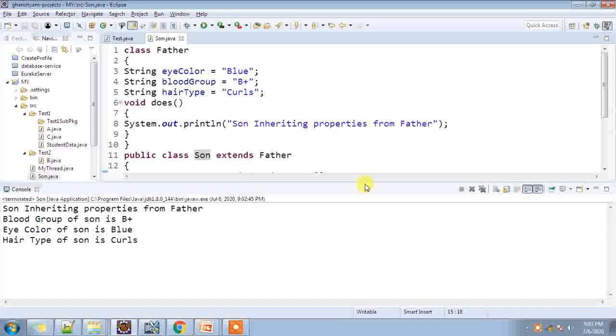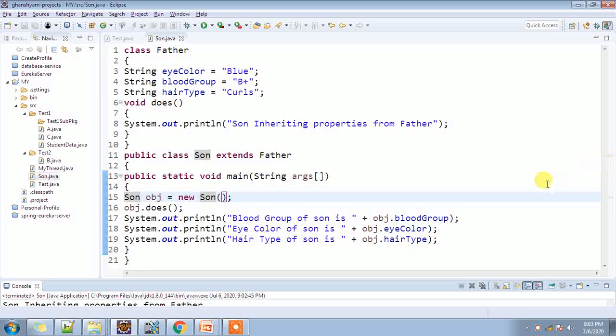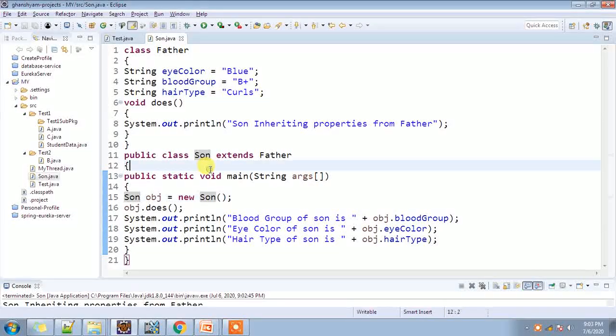Now you can also override. Now the child class also has its own property.